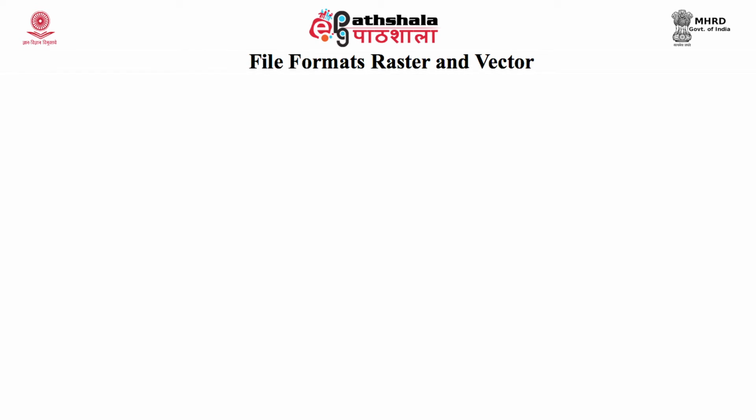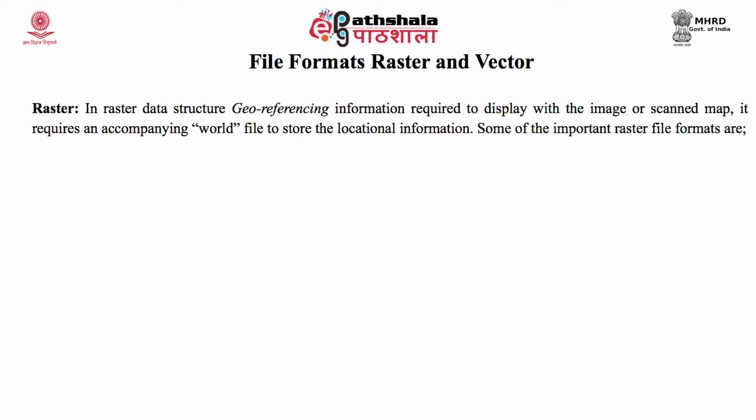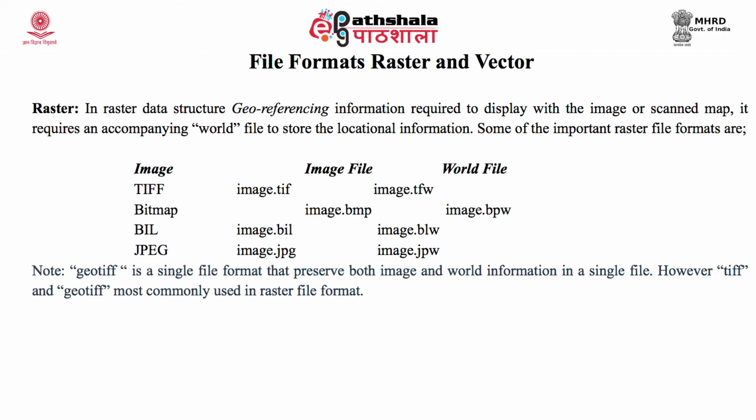Students, let us now look into the file formats of raster and vector. First, let us look into the rasters. In a raster data structure, georeferencing information is required to display with the image or the scanned map. It requires an accompanying world file to store the location information. Some of the important raster file formats are TIFF, bitmap, BIL, and JPEG. In the image files, we can see that it is image.tiff, image.bmp, image.bil, image.jpg, and in the world files we can see that it is coded as